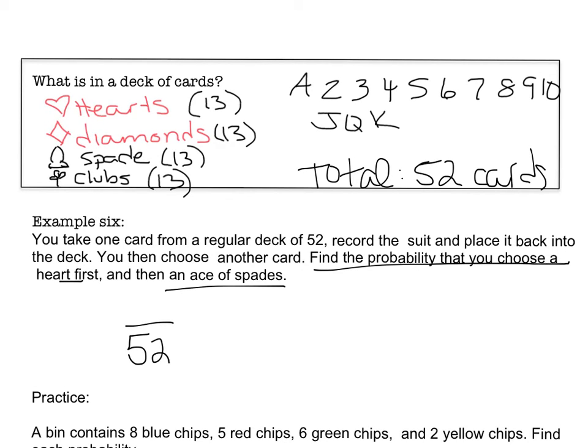Okay, so we go back up to our information. We notice that for hearts, you have 13. So when you write out your fraction, you have 13 out of 52. I replace the heart, so next time I still have 52 cards. I look and I say, well, ace of spades. How many ace of spades are there? Only 1. So that'll be 1 out of 52 chance. You next multiply across the top, across the bottom. So you'll have 13 over